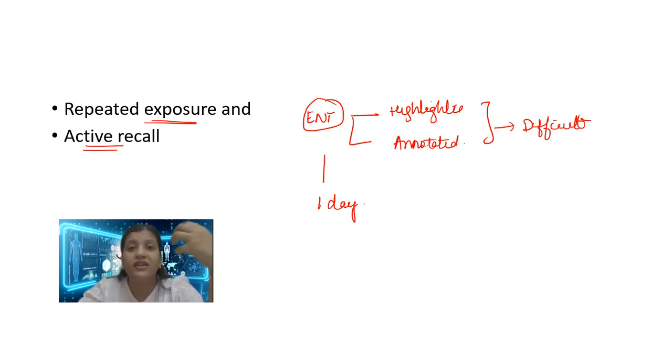You have to actively think, you have to actively try to recall whatever you have studied, and this happens by mind mapping. If you are able to map whatever you're studying in your mind, then once you lay back, once you relax, you are able to recall the majority, 80 to 90% of information that you have done, and that will help you recall your subject better. So this is very, very important.